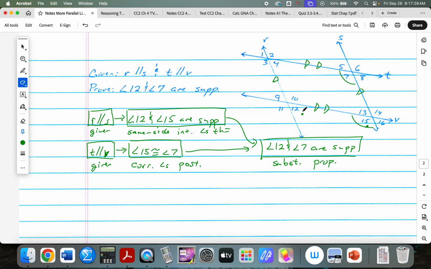Or if you want to be weird about it, you could say 12 and 10 are supplementary because they're a linear pair, and then 10 and 15 are congruent and do a substitution, and then 15 and 7 are congruent and do another substitution. There's lots of ways that you can do this. Okay? All right. Let me give you your